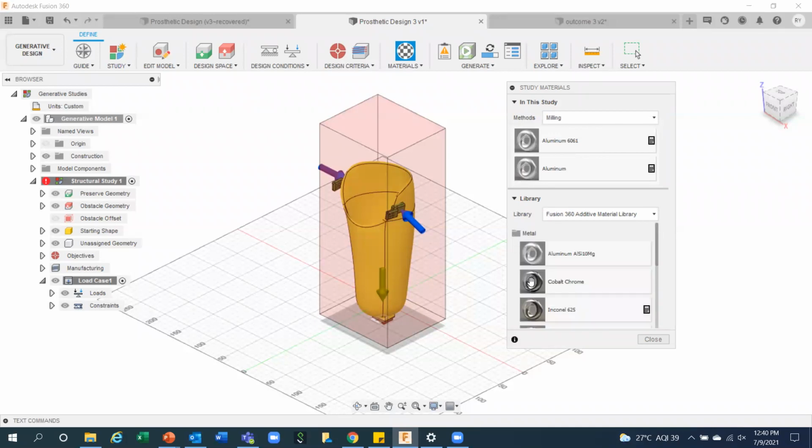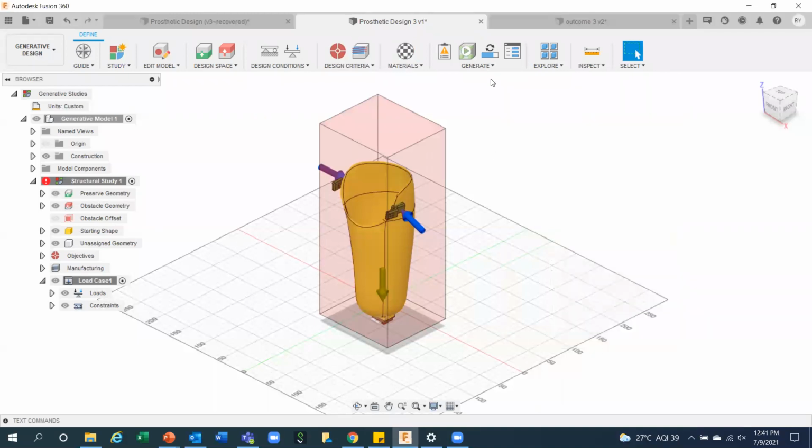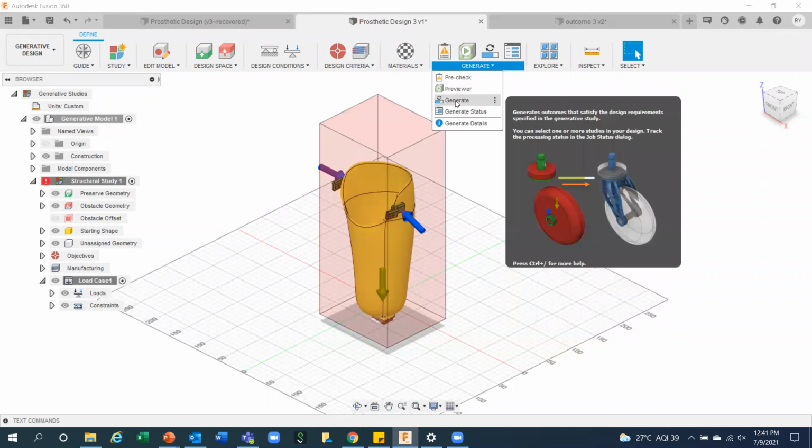You need to right click and add to any specific method, maybe additive, or add to all methods. Automatically, the material is going to be assigned. So you can choose n number of materials for n number of different outputs. Close, and then you have to click on generate.